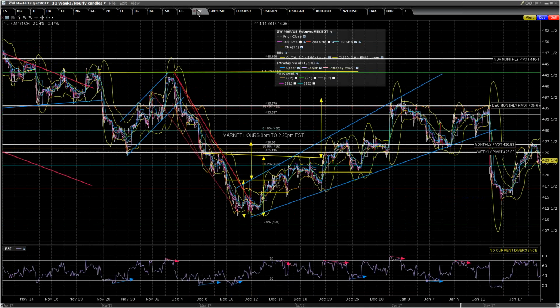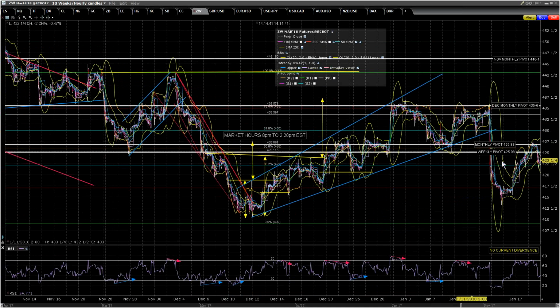All right, ZW, we've got a fail at the monthly pivot so far, back under the weekly pivot, but it's obviously only for today. So what have we got in terms of signals? Nothing. That's slightly annoying, but fair enough. What I was saying this morning was